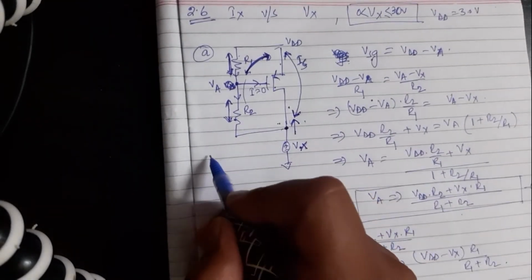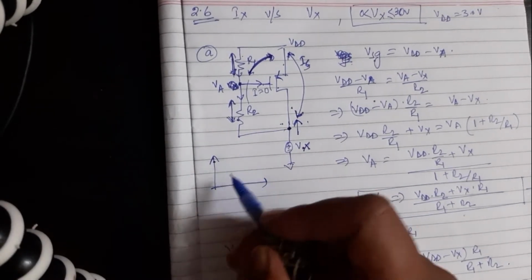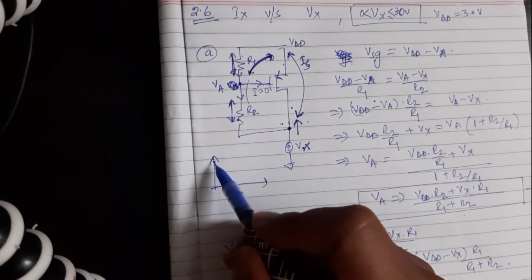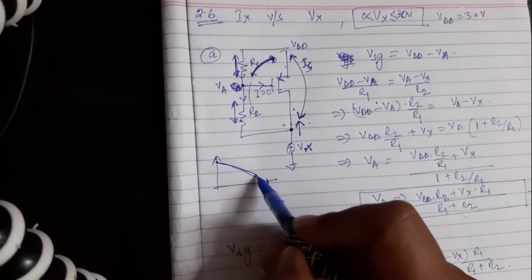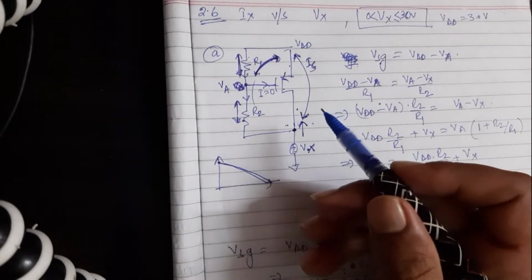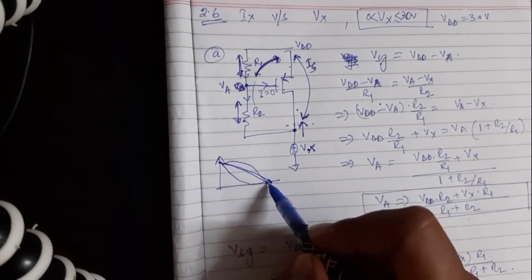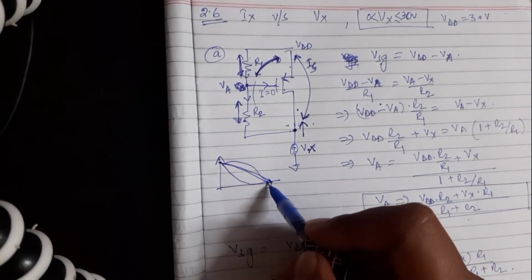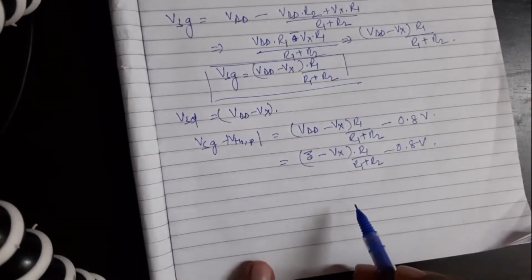So intuitively, if we try to plot, the current should start from some value and ultimately go down to 0. Now it might not be linear, and since it's a transistor, chances are it won't be linear. It might go like this, it might go like this, but ultimately the current will go to 0. That's for sure. So let us find out when that current will go to 0.